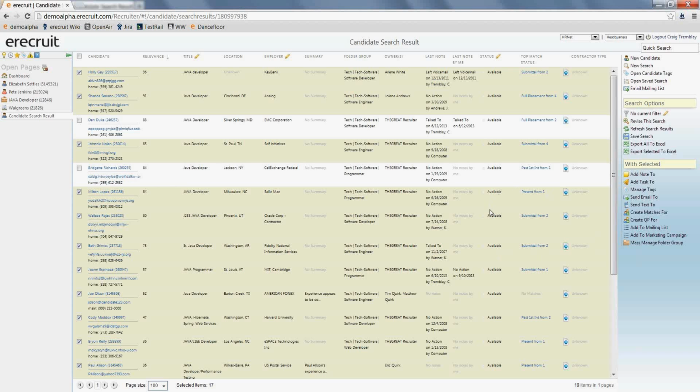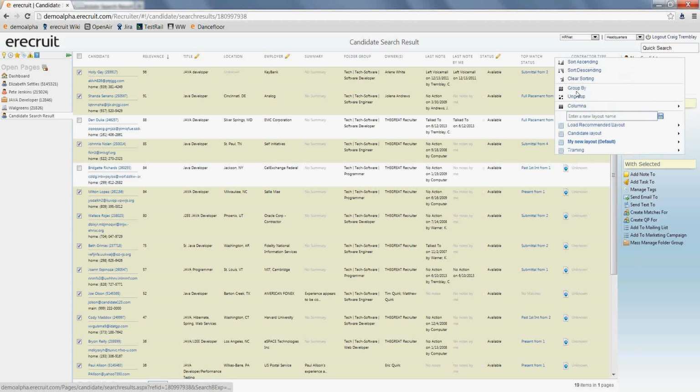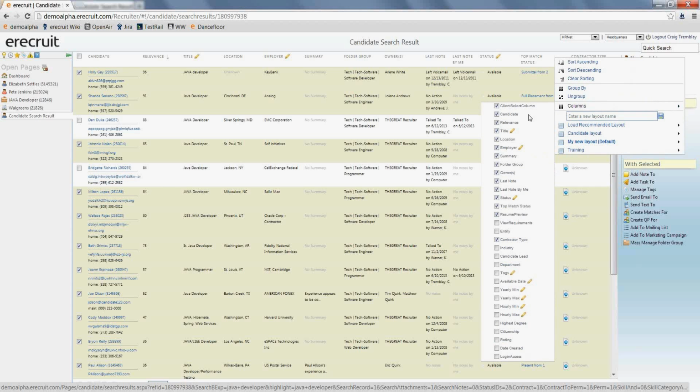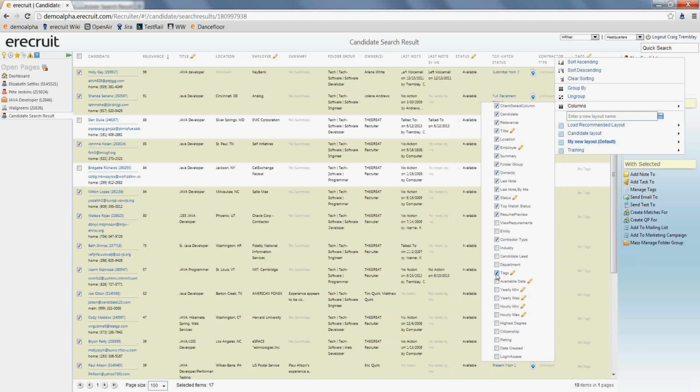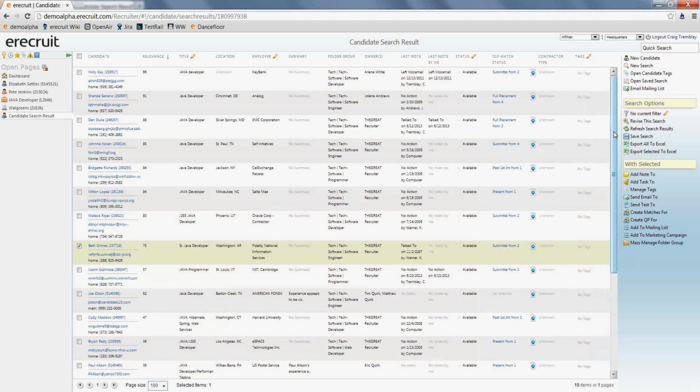If you had to leave this search because the day got busy, you could always come back and do another search, just searching on that tag field, to be able to pull up these 17 folks again and potentially go through that list to try and fill this position. In order to see that tag, I probably have to come up here to the top and go ahead and click on my columns and scroll down to the bottom here and find my tags. When I go ahead and do so and I refresh my search,